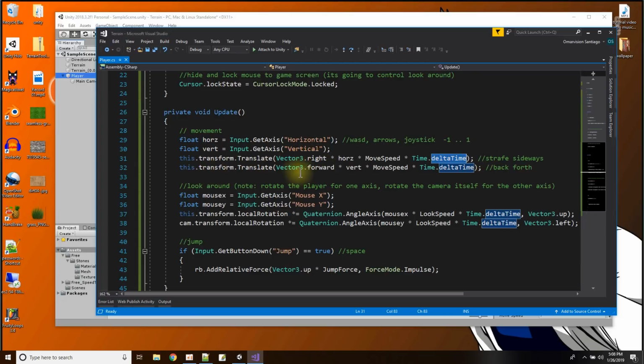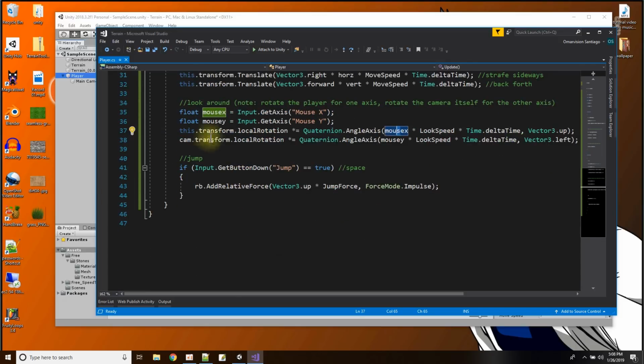And then with this command, I move forward and backward, but I use the vertical input instead. Okay, so that's how these 4 lines control movement. Now over here, I'm going to control looking around with the mouse. Remember, the camera is inside my player, and I want to move the camera so I could look up, down,